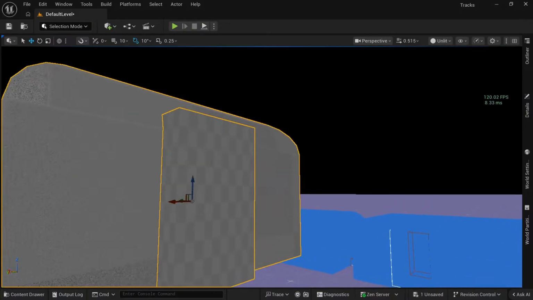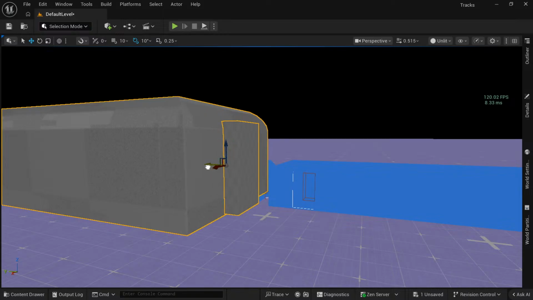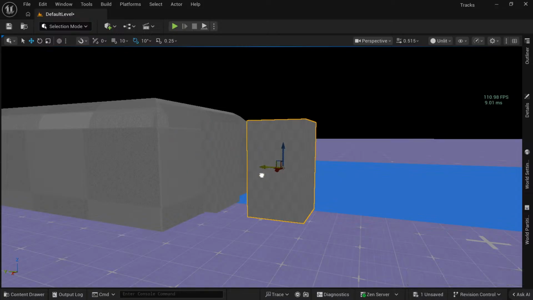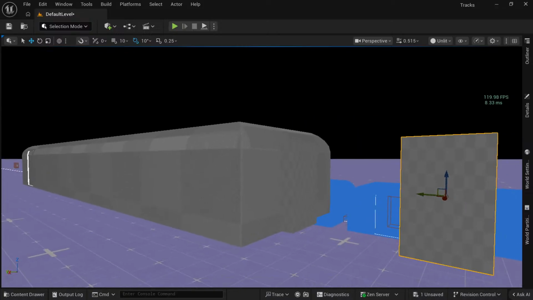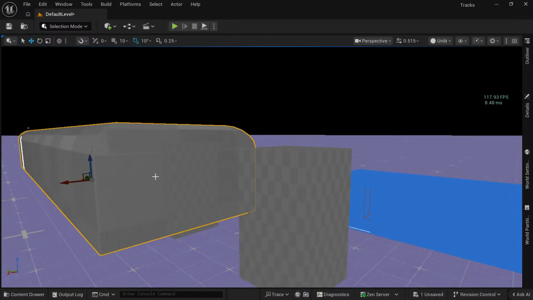Okay. Let's go ahead and just duplicate this. Duplicate this one. That way it's the same. It's on the same axis too. All right. Now we'll